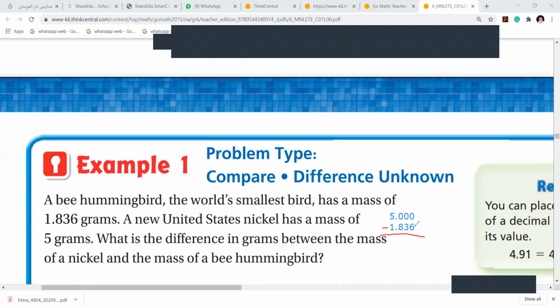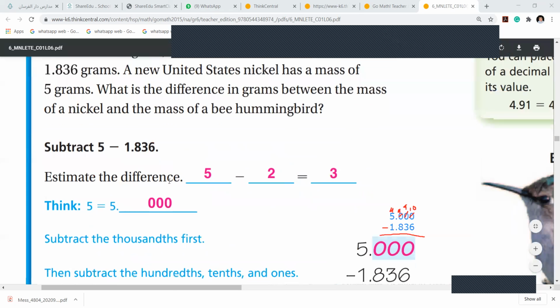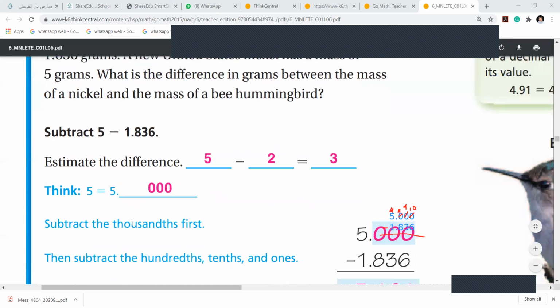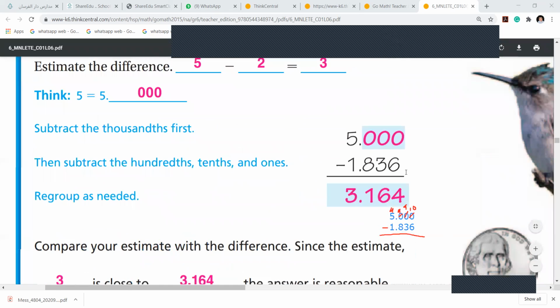When I minus this, of course, this goes 10, 9, this is also 9, this is 4. Anyways, let us see down here first. This is the estimate, 5 minus 2, 3. And you have to put 5.000. Why did you put 5.000? Because it was a whole number. After a whole number, I can put as many zeros as I like. I put a point and these numbers. So your answer is